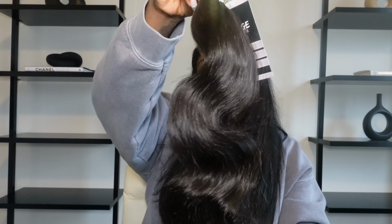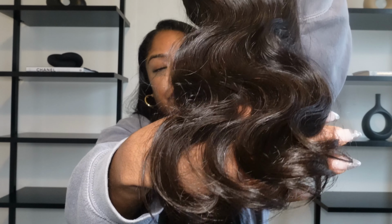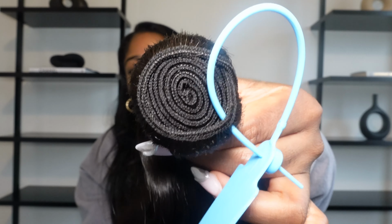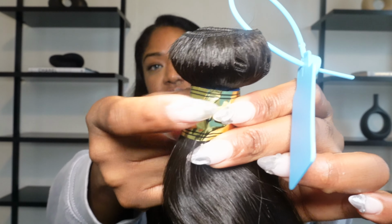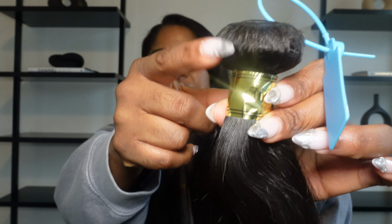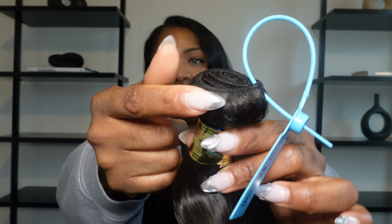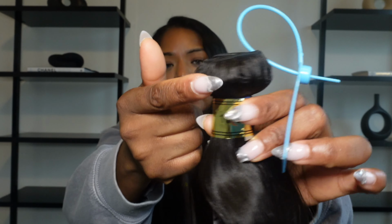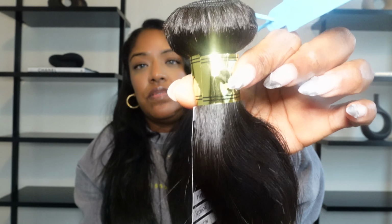But as you can see, this quality is amazing. Look at that. Very thick from top to bottom. The weft is very well constructed, nice and neat. Now a lot of you guys always ask, why is there little pieces of hair sticking here? This is because when they sew the hair on the track, they fold it over so that they're able to sew the hair on the track. So this is just the little extra that they fold over, so that's why it looks like that. But you can see, really nice and neat,